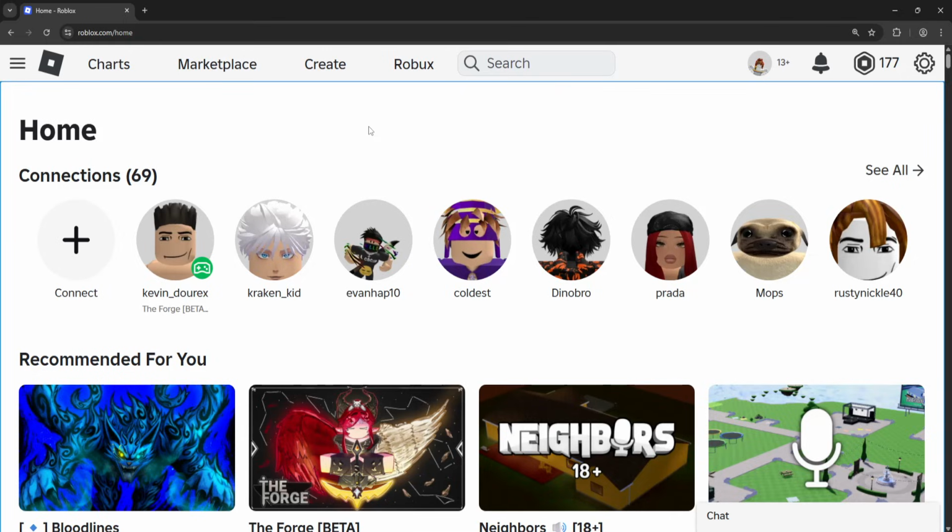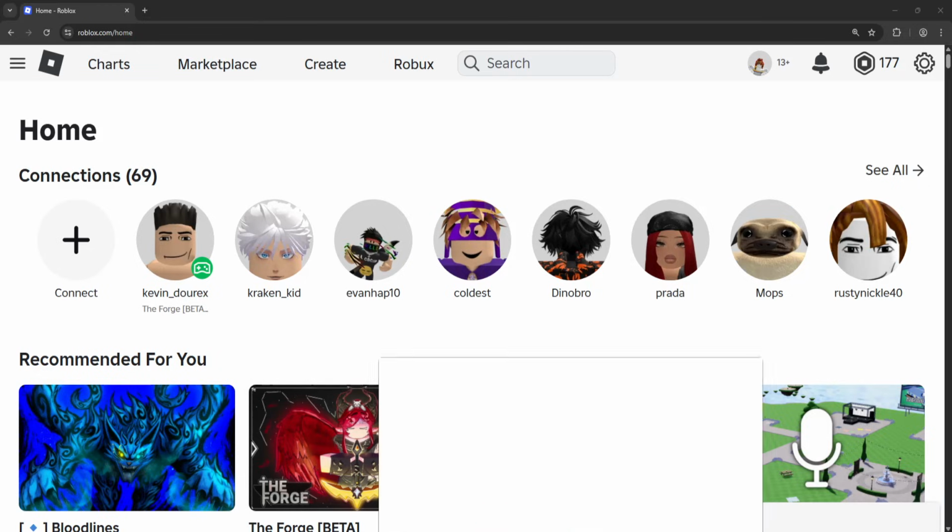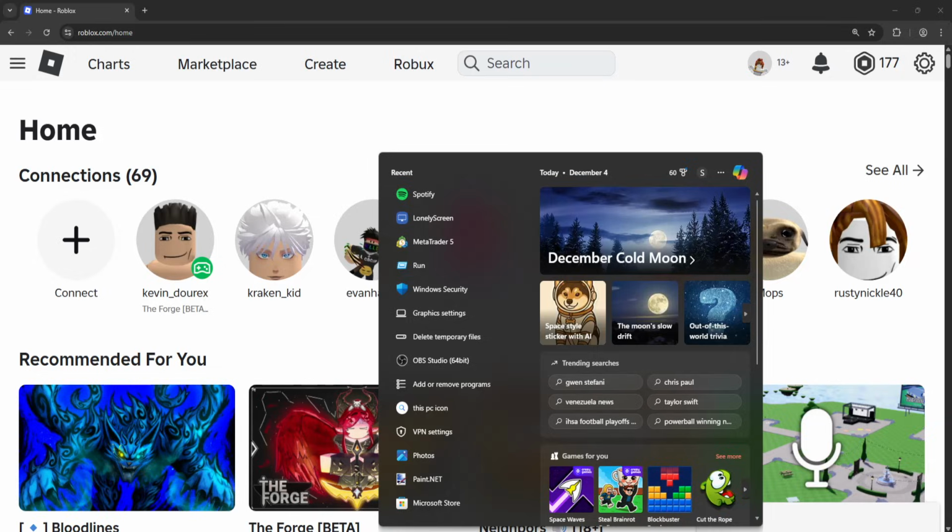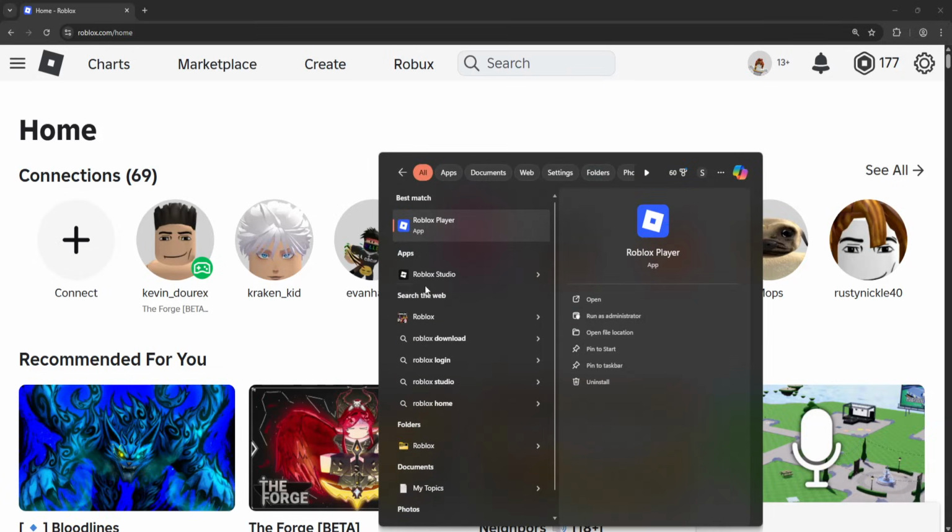In this video, I'm going to show you how you can fix Roblox Game Client is not responding. So I'm going to show you a few different fixes. For the first one, you want to open up your computer, search for Roblox player or just Roblox, right click